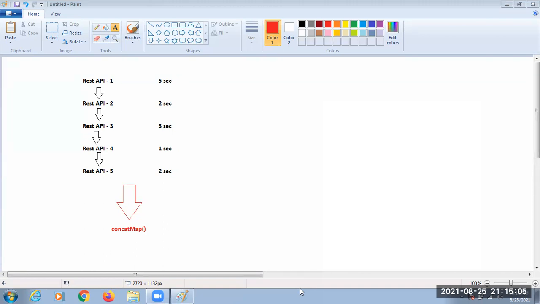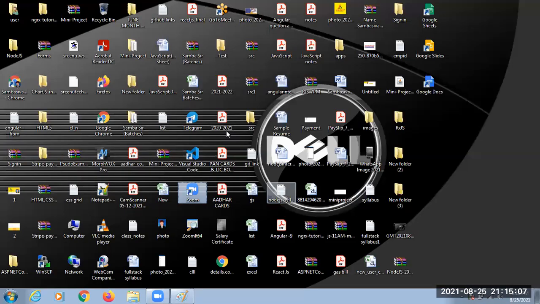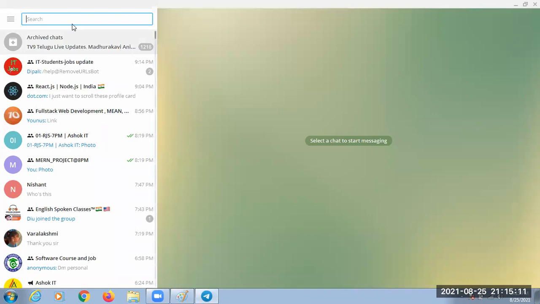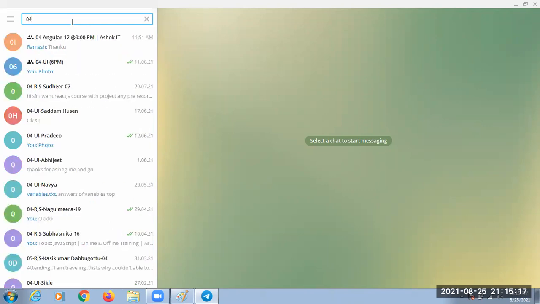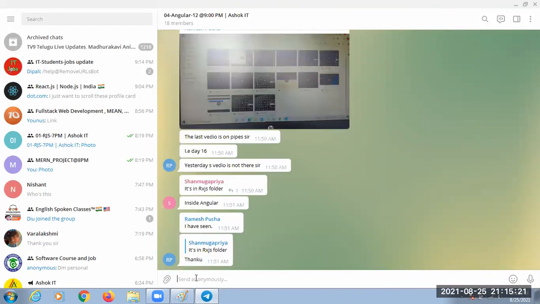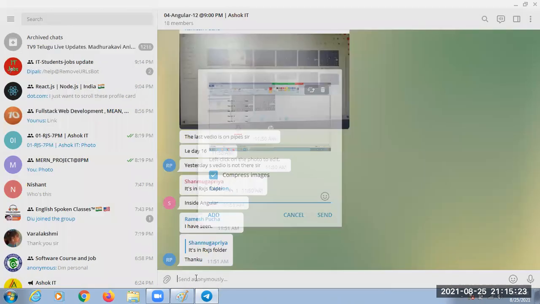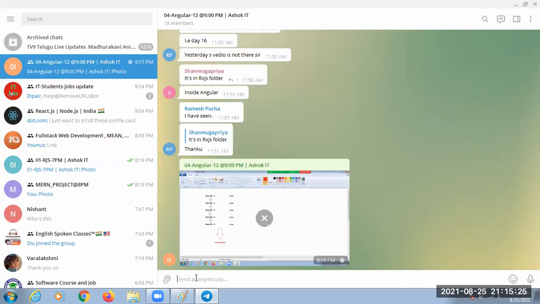Guys, can I share the screenshot with you people? Yesterday I was going through a certain article regarding merge map. I found that if there is a dashboard and there are different sections, there are 6 sections in the dashboard and there are 6 APIs getting called. So let's call it using merge map and execute everything simultaneously, so that data will get displayed at a time.